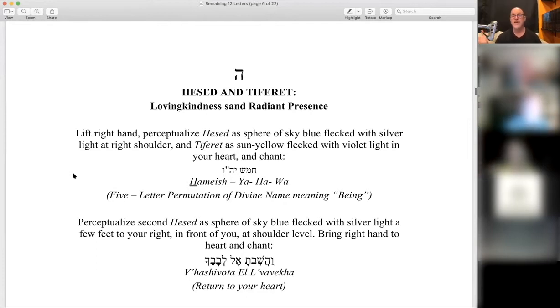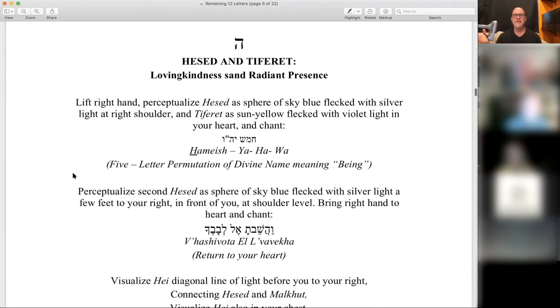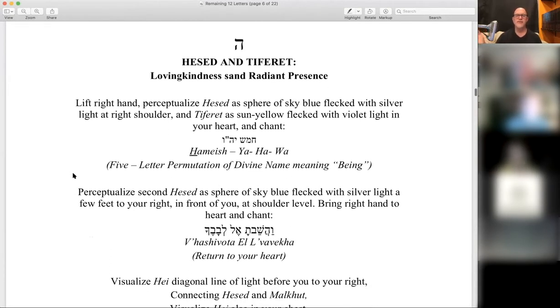Chamesh. Chamesh Yahweh. Loving kindness expressed through radiance, seeing the second chesed in front of you to the right at shoulder level. And bring your right hand to your heart, connecting chesed and teferet, v'hashivota. V'hashivota el